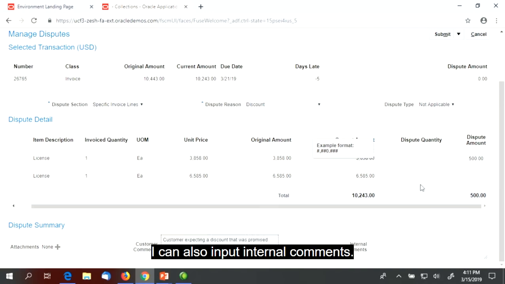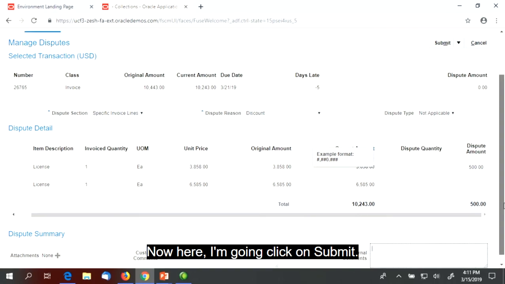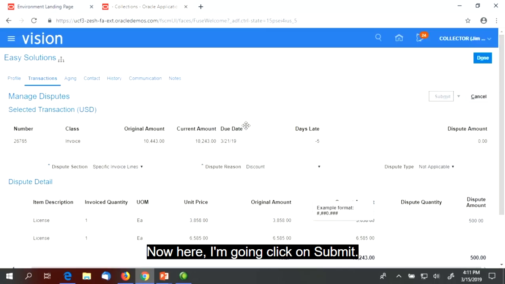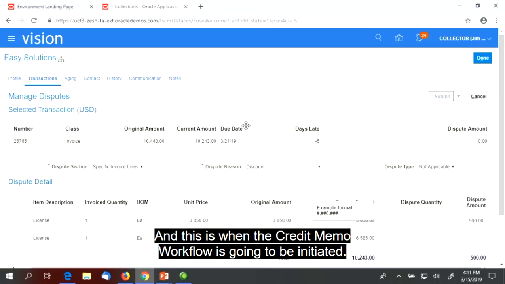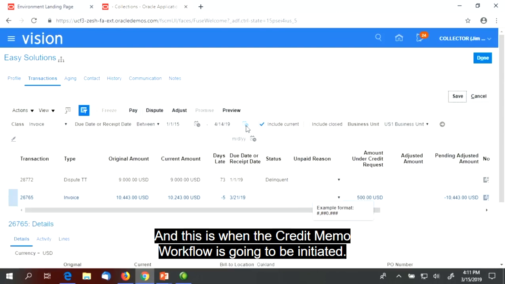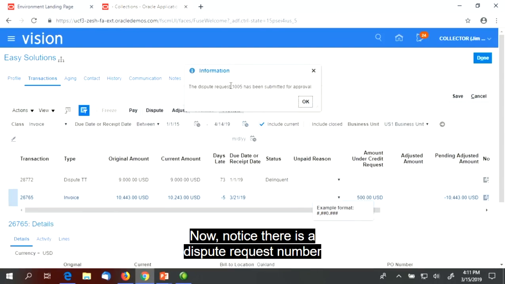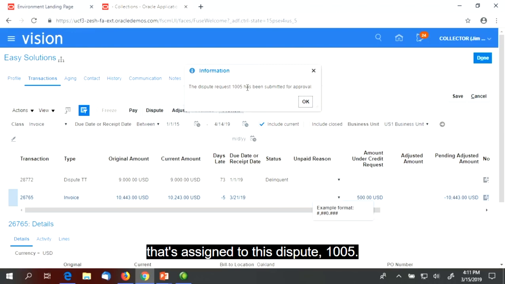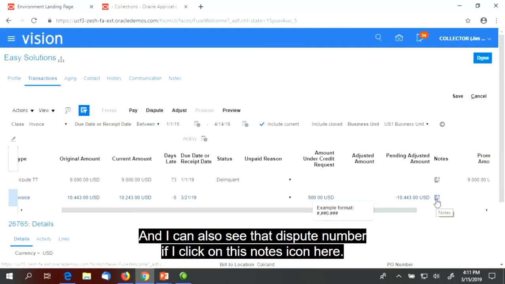Okay, I can also input internal comments. Now here I'm going to click on submit, and this is when the credit memo workflow is going to be initiated. Now notice there is a dispute request number that's assigned to this dispute, 1005, and I can also see that dispute number if I click on this notes icon here. I'm going to click on that,